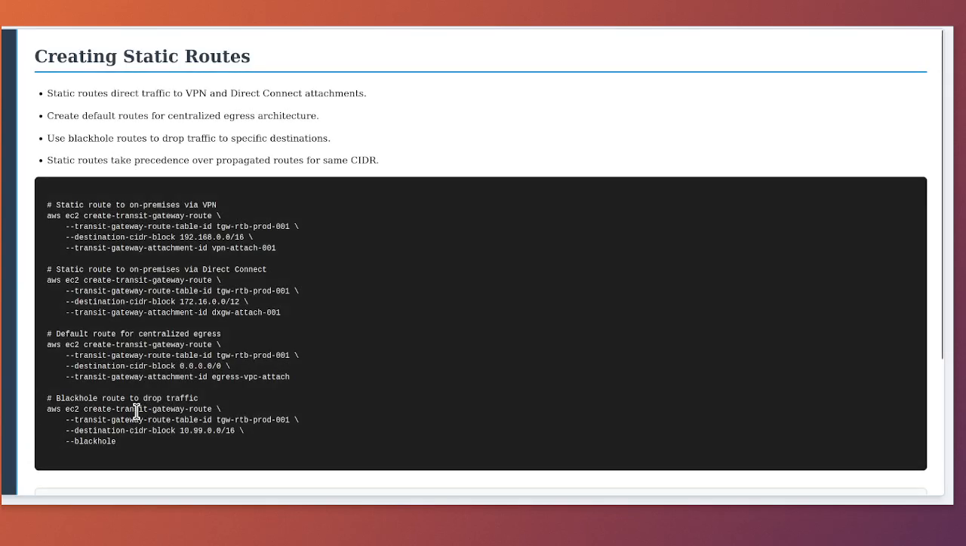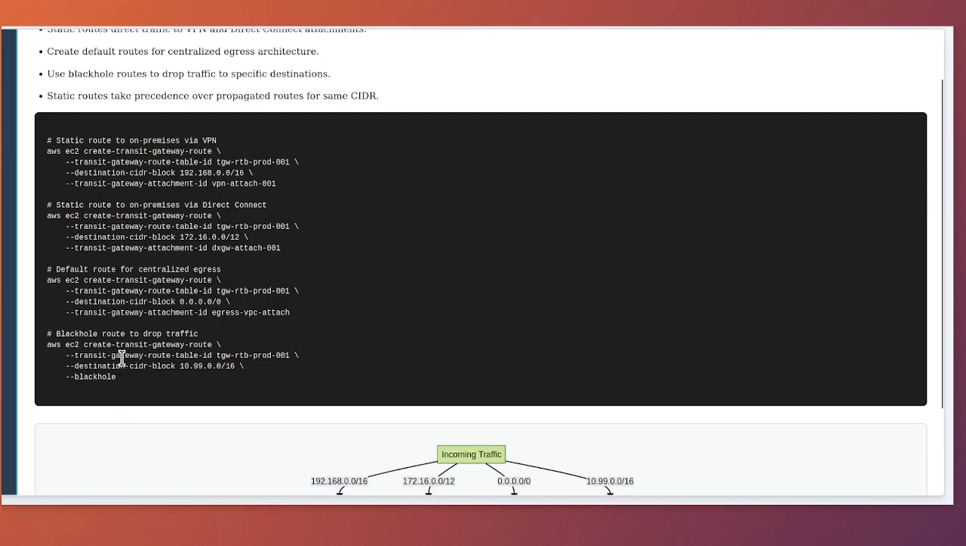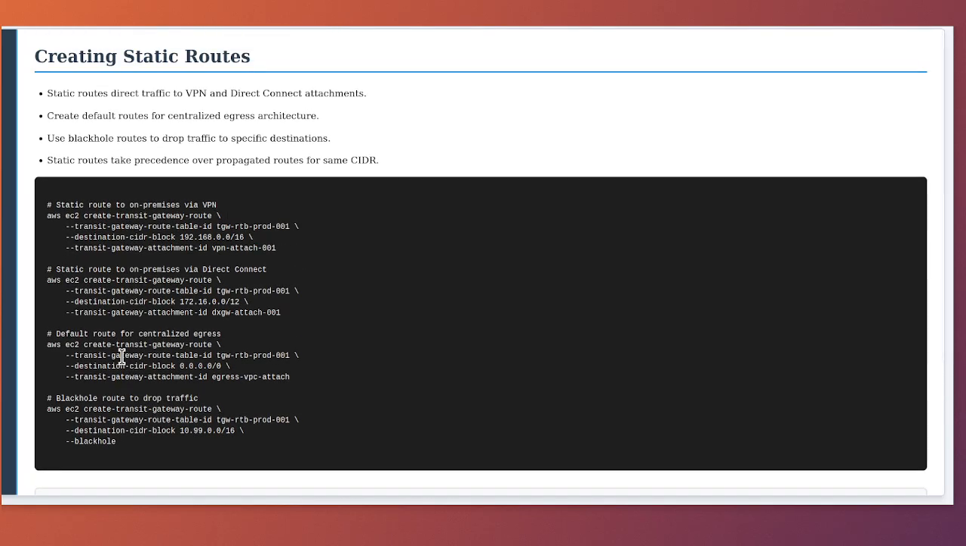Creating static routes. While route propagation handles dynamic route population for VPC attachments, static routes are necessary for certain scenarios, particularly for directing traffic to VPN or Direct Connect attachments, creating default routes, or implementing more specific routing policies. The first command creates a static route in the production route table directing all traffic destined for RFC 1918 to the VPN attachment. The AWS EC2 create-transit-gateway-route command takes the transit gateway route table ID parameter set